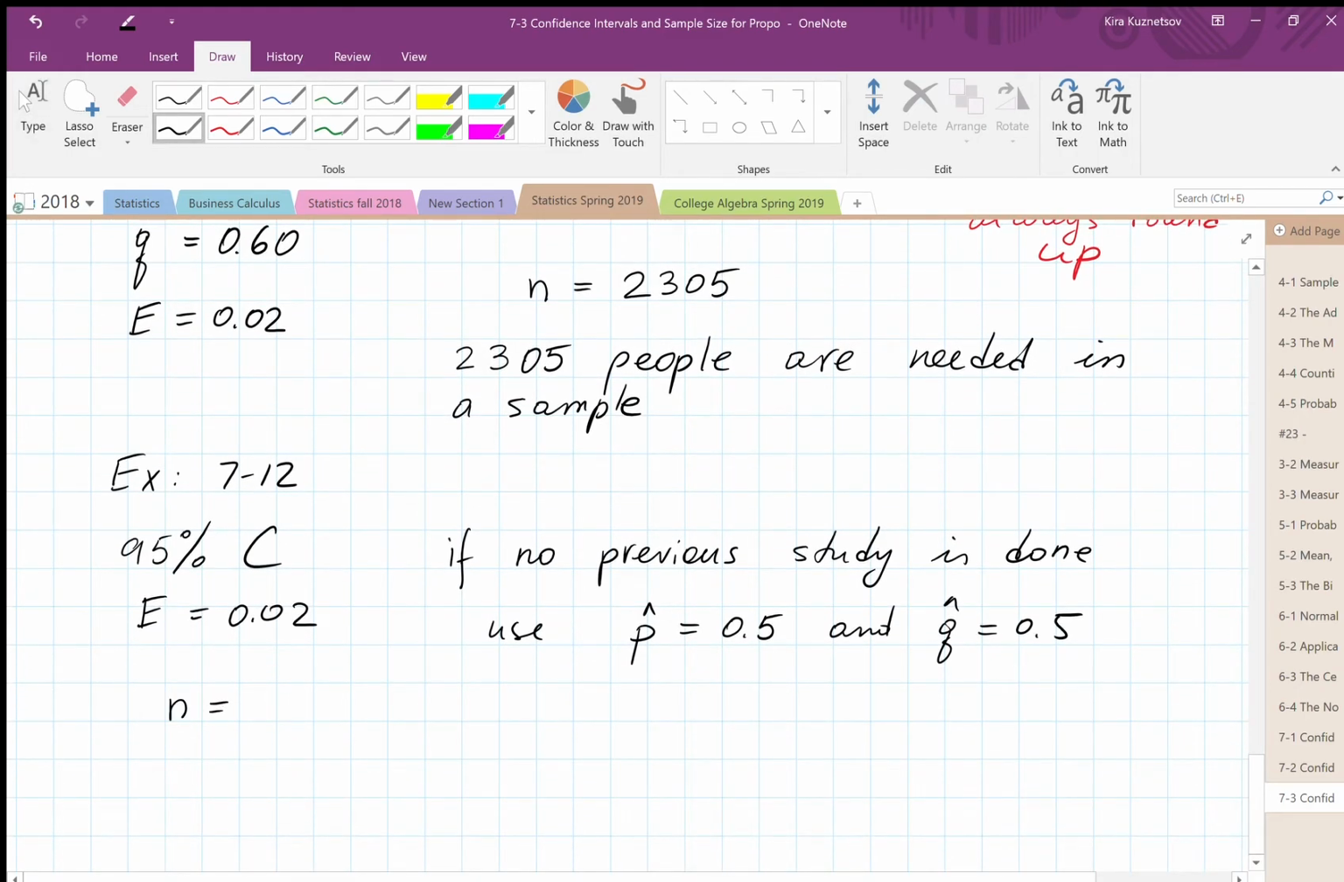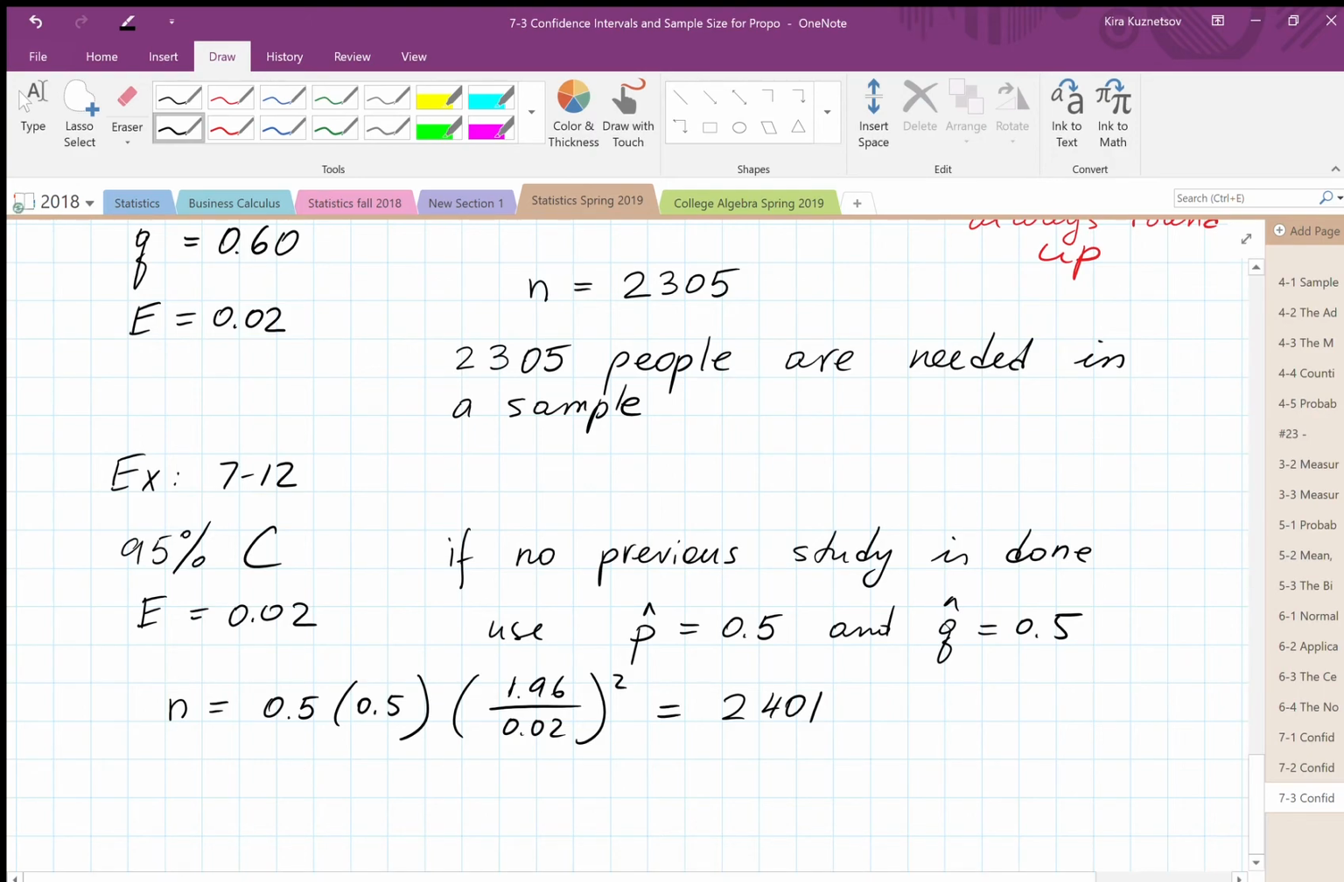So once you put this all into your calculator, you have 0.5 times 0.5, and then the z is still 1.96. The error is still 2%. You're still squaring this. So if you type all of this into your calculator, changing this to 0.5 and 0.5, you will end up with 2,401. So this one did not need any rounding at all. This is a weird coincidence, but